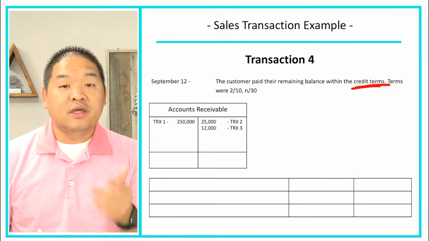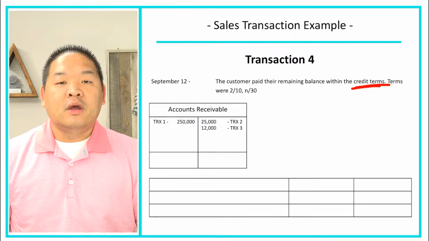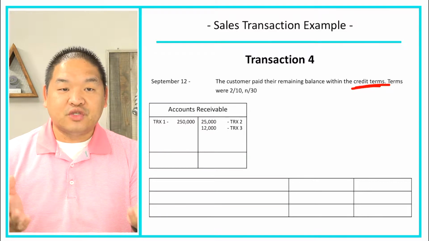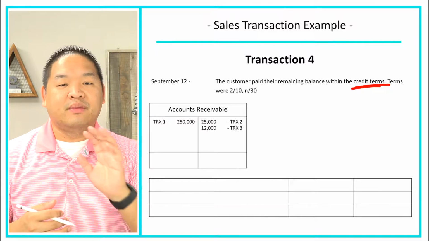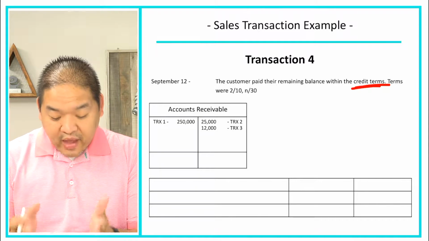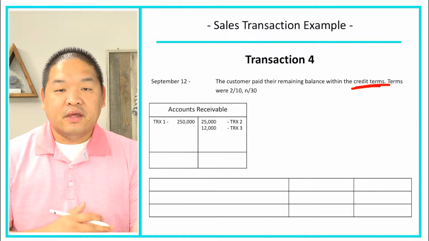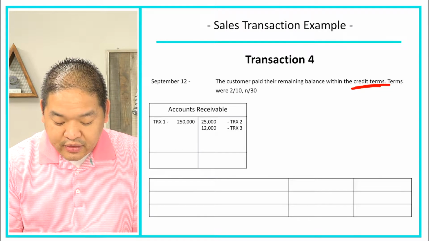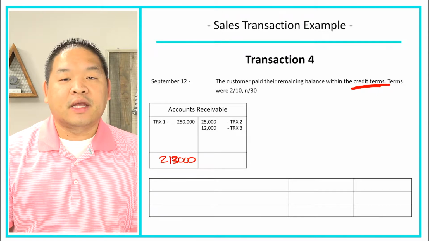And then in addition, there was $12,000 that we gave them as credit because of a sales allowance or purchase allowance. So we're giving them an allowance because we don't want them to return it to us. We'd rather them keep it, and we'll just go ahead and give them a credit of $12,000. So we have a T account here that expresses that. If we go ahead and do the math, bigger side minus smaller side, you're going to get $213,000 on the debit side. That would basically mean that the customer owes us